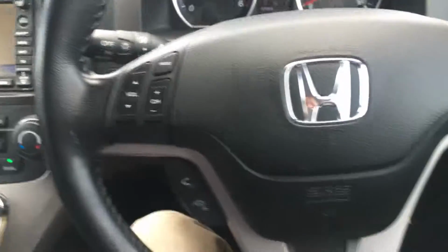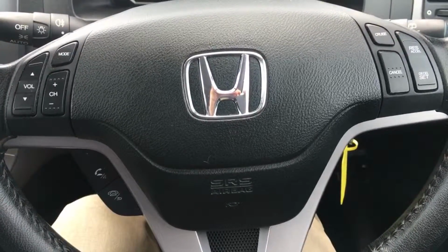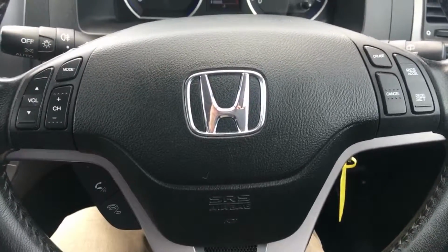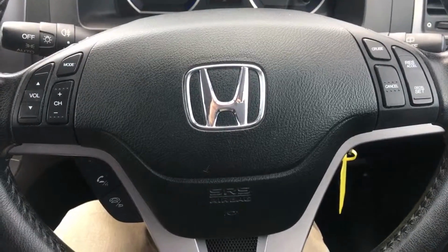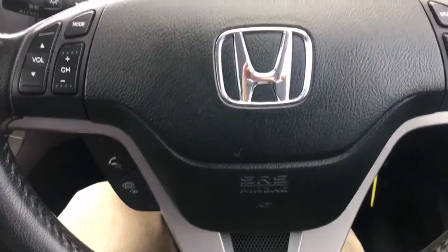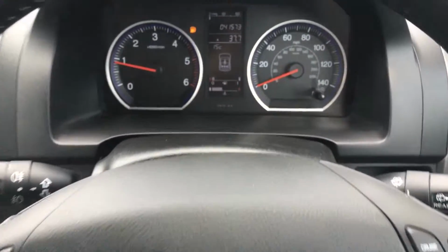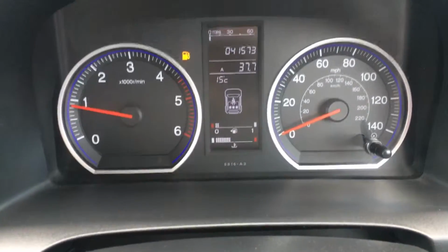Coming up here, multifunction steering wheel. So we've got volume controls and radio controls for the radio on top left, cruise control top right, and voice activation system on the bottom left. Auto lights, auto wipers, and then coming into the main dash pinnacle here, we see